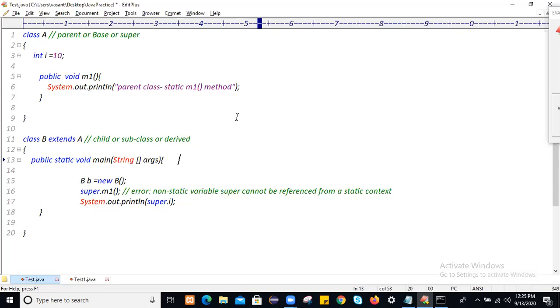So actually super represents the parent class properties, all the parent class properties, but super is an instance member of the class. Super will be in use when you create a child class object, only within the instance area, but not within the static area.